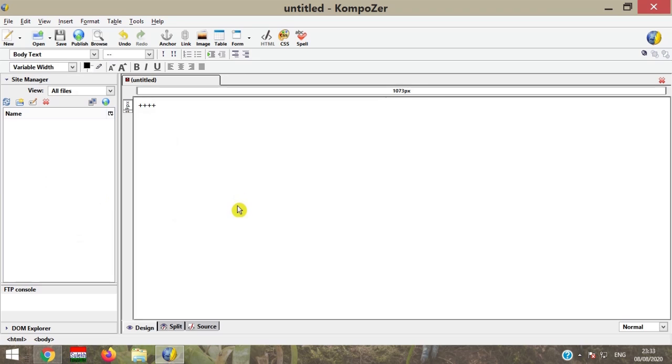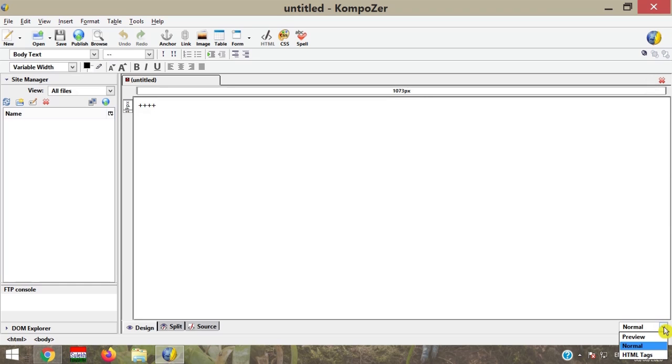The center window is divided into two panes. First is the Site Manager and second is the Page pane. Site Manager is a powerful tool used to navigate within the site or between sites. You can also close the Site Manager using the shortcut key F9 or the close button given here. The Page pane shows a blank page with the title untitled. At the bottom right side of the window is the Edit Mode toolbar.